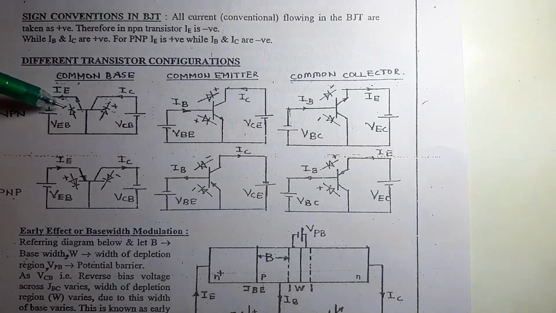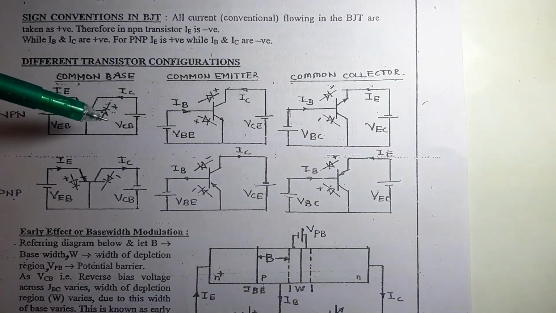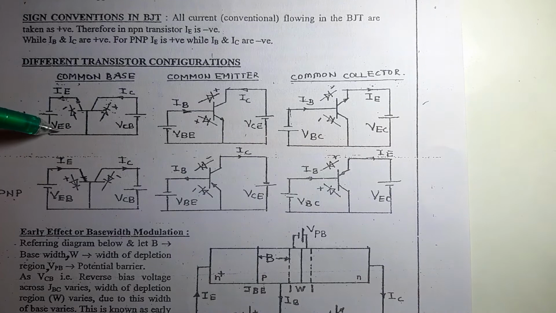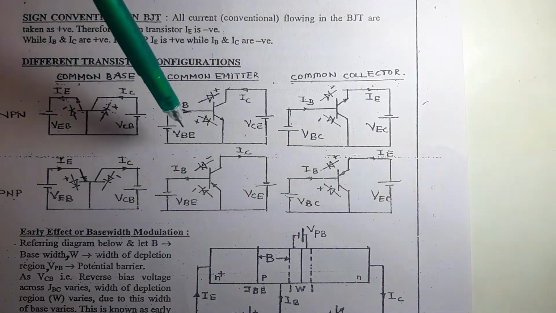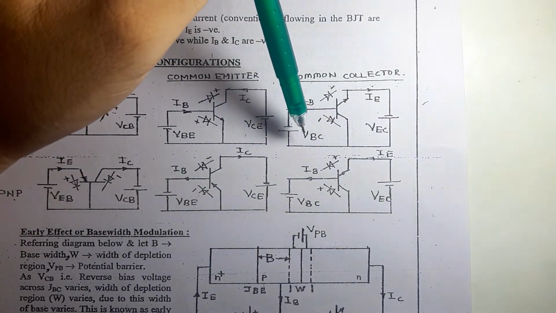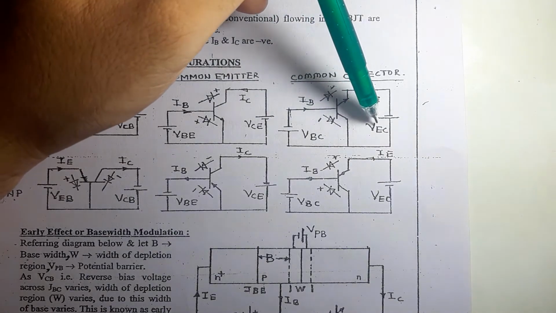If I want to make this JBE forward bias, then negative के साथ negative and positive के साथ positive. Similarly over here you have negative के साथ positive and positive के साथ negative. The connections are very much simple. The namings are quite simple in nature. Since this is a battery terminal, it is being given name as V, then E, and the last terminal is a common one. Since this is a common base configuration, the voltages are being named as VEB and VCB. यहाँ पे the names are being given as VBE and VCE, and यहाँ पे the voltage configurations are given as VBC and VEC.